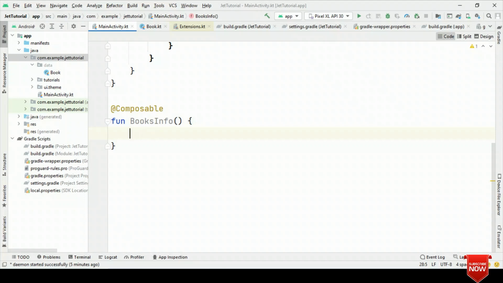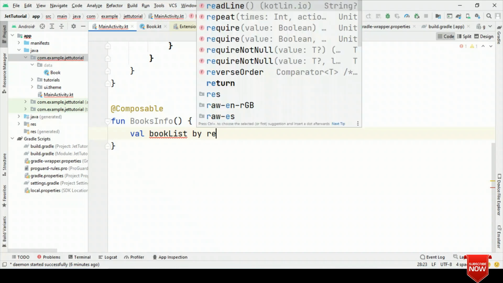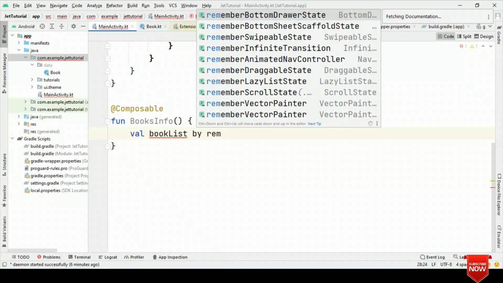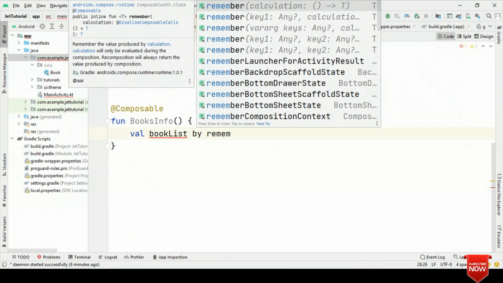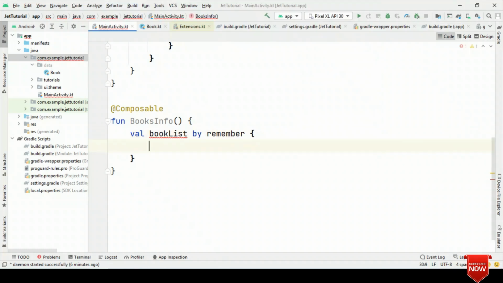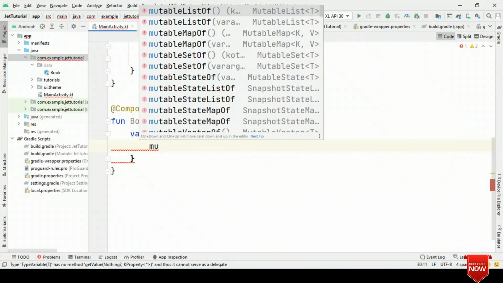So let me create bookList by remember, and inside this we'll have mutableStateOf.